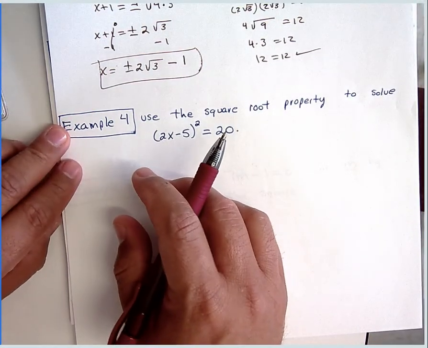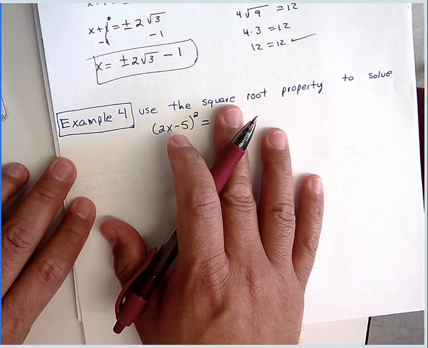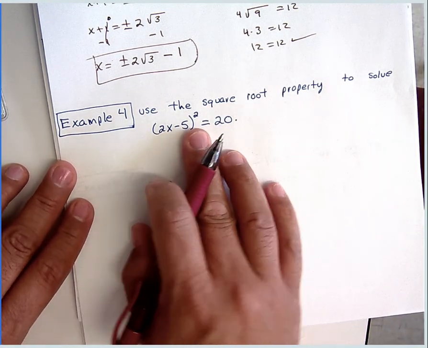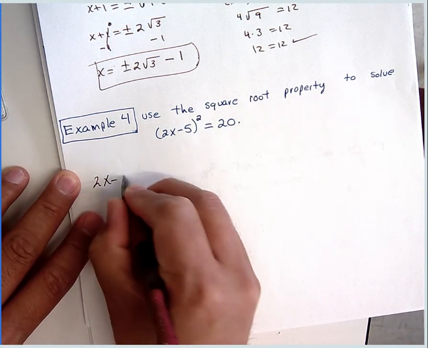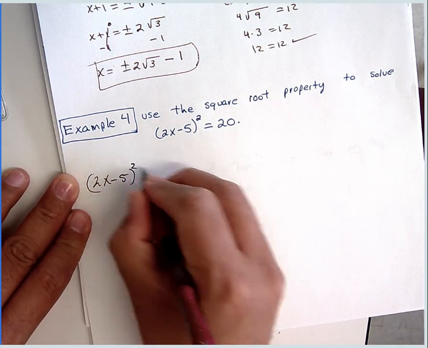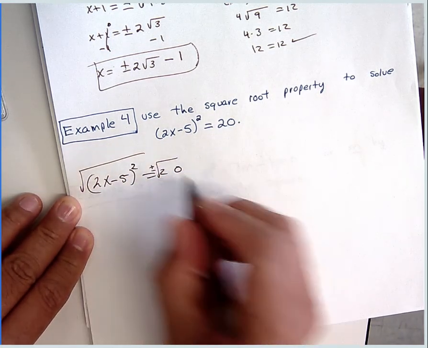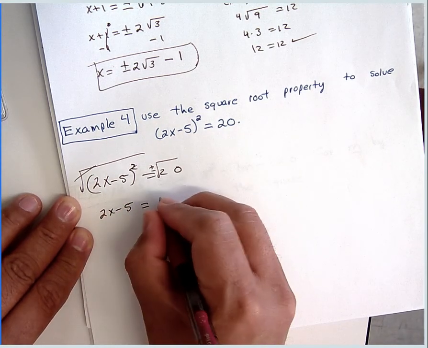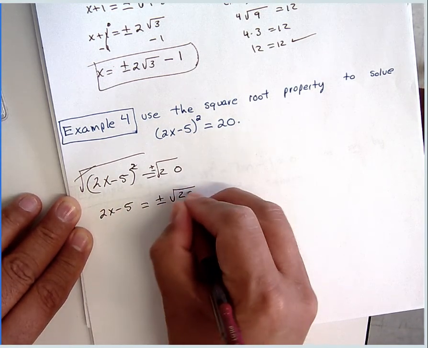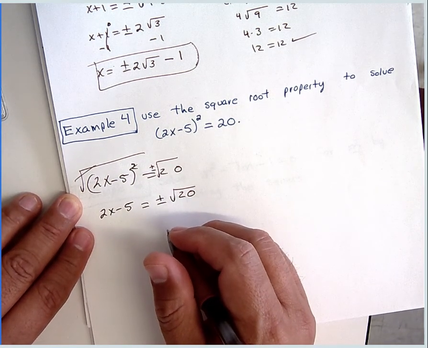Example 4, this is the last one for this type question. Use the square root property to solve this. So again, we have this, and then we're going to take the square root, so plus minus. So 2x minus 5 plus minus 20. And then once again,